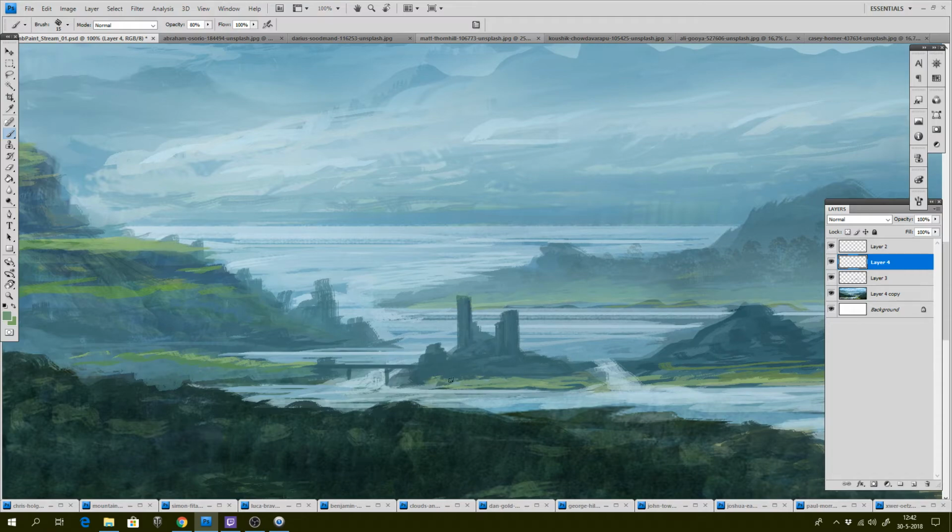Some green around the castle, I think. So lower the opacity. Higher. Some rocks. Darken some of the